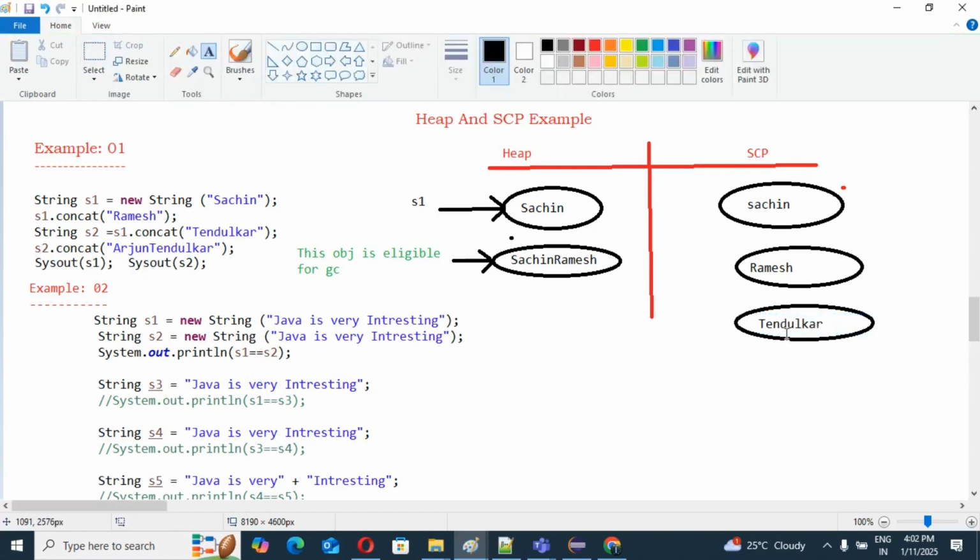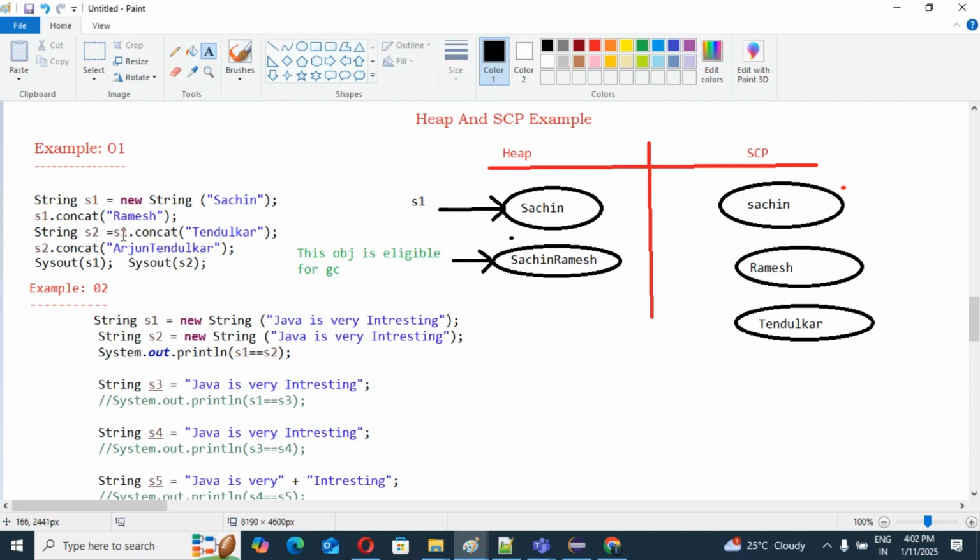Now you can see s1.concat. S1 is Sachin, and we are going to concat Tendulkar, and store it as s2.